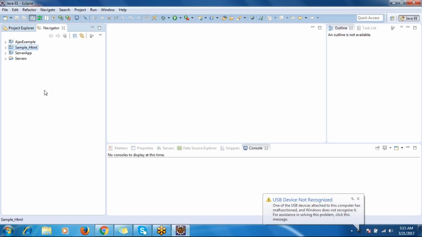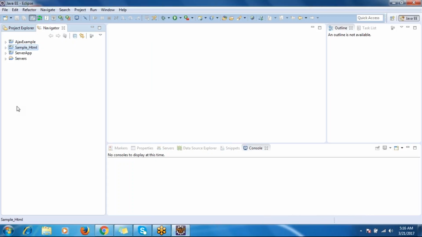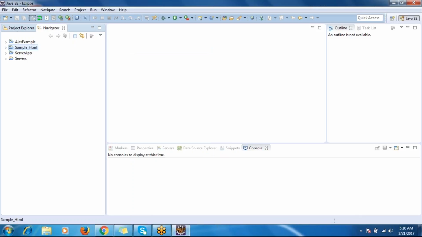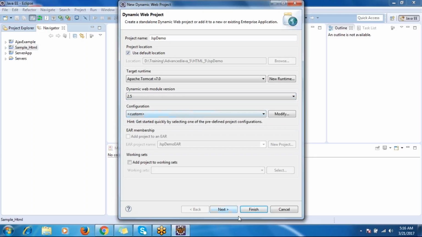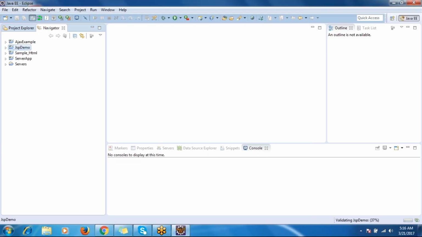Now we will see one simple example about JSP. I'm going to create one dynamic project, a new dynamic project. So this is a simple web project, right? Now inside that I'm going to create one index dot